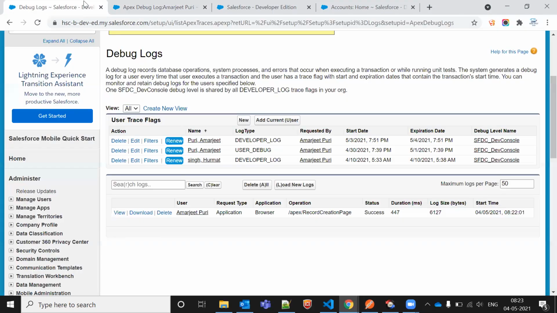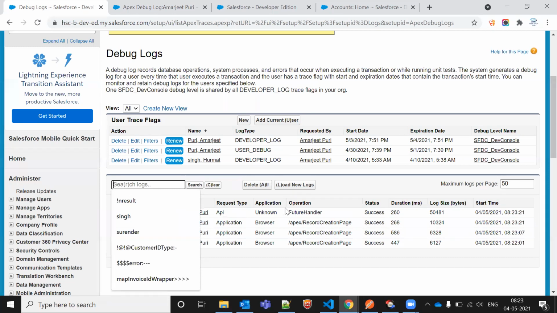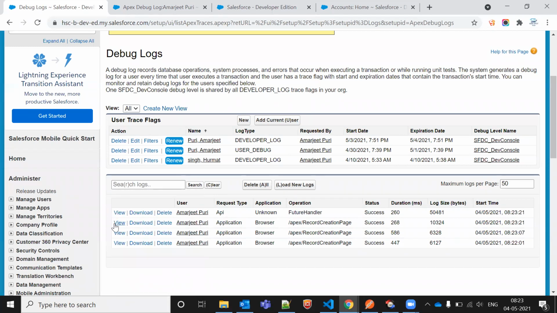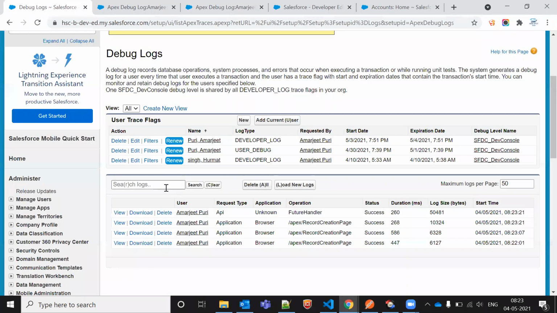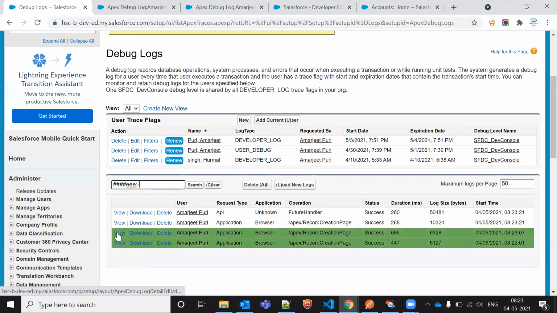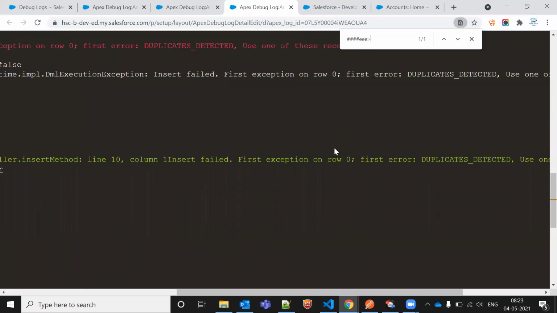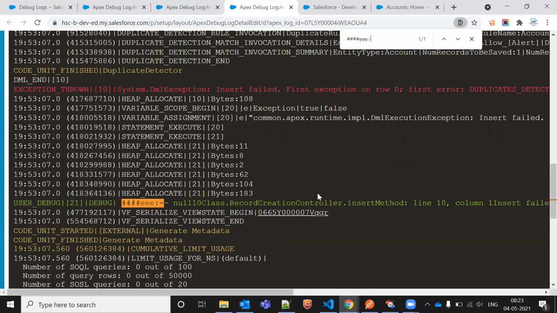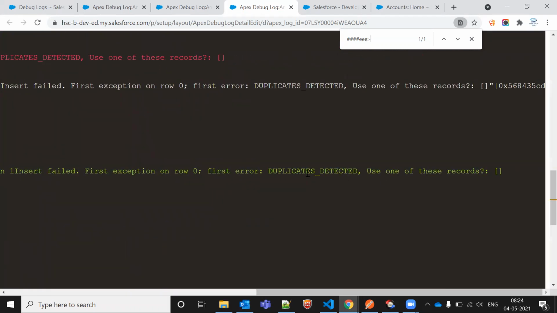Now it is showing line number 10, insert method, and duplicate error detected.